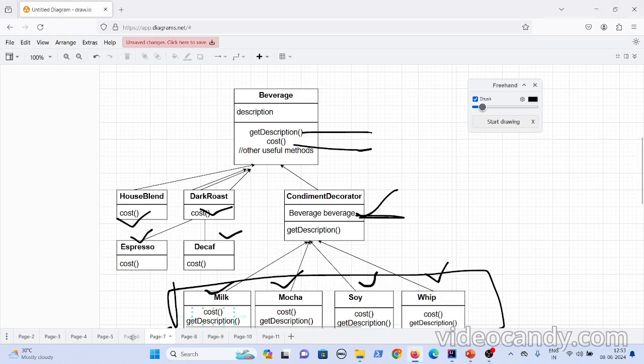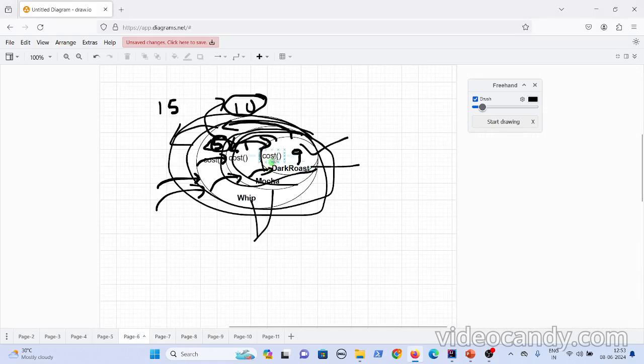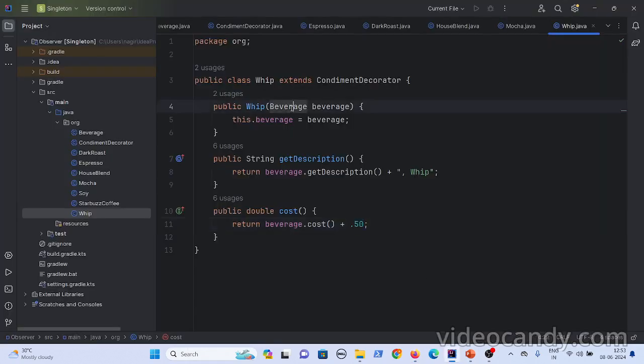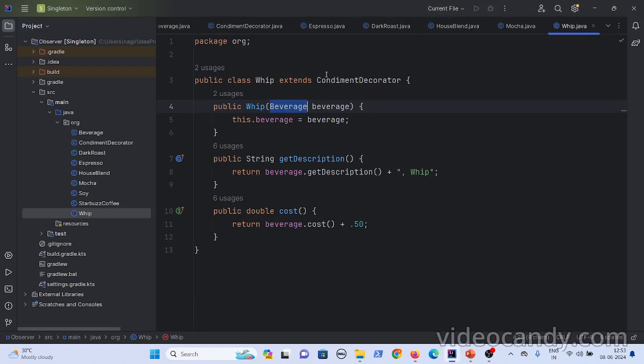So in this example, what had happened is, even in the pizza example, when you pass dark roast here, dark roast is a beverage. When you pass dark roast to whip here, what it does is it will take the cost of the dark roast, because while returning I said it will give this cost, right? It will take this beverage cost and then it will add its own cost, okay. So the decorator always takes this beverage cost and then it adds its own cost.